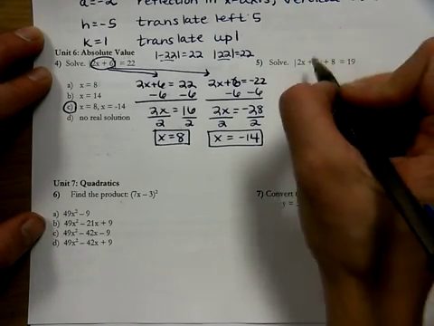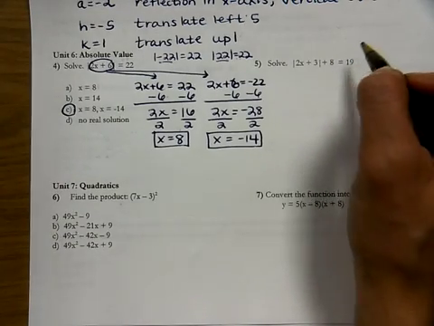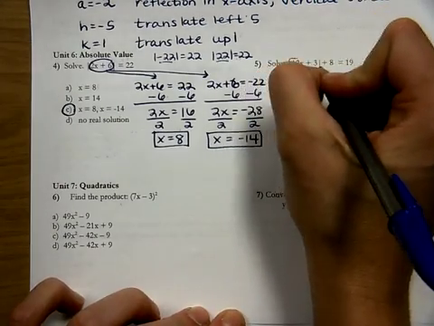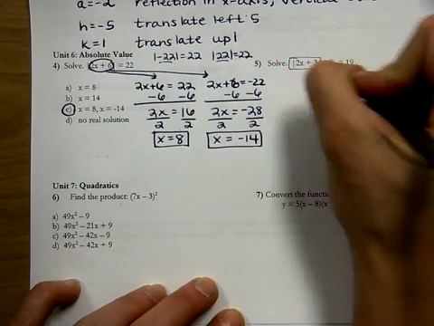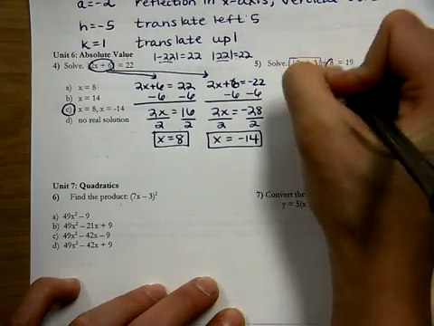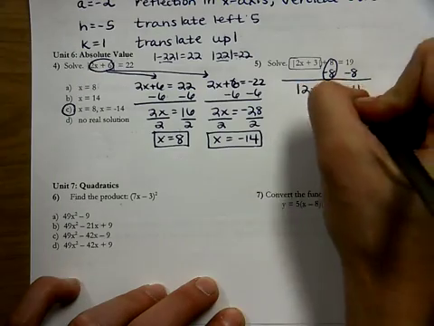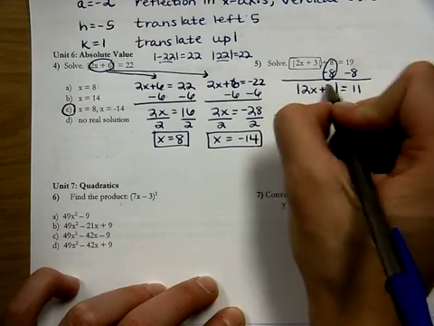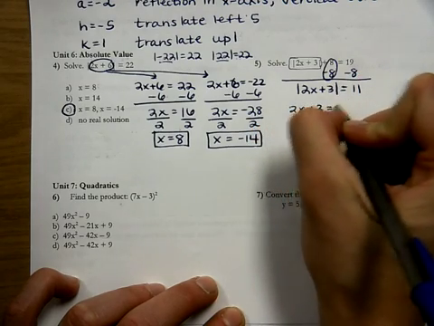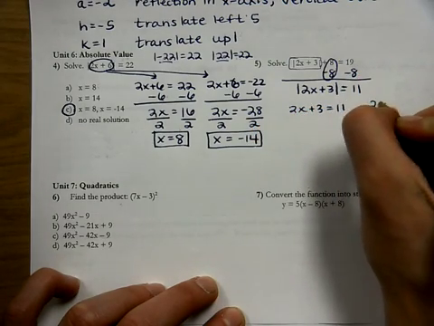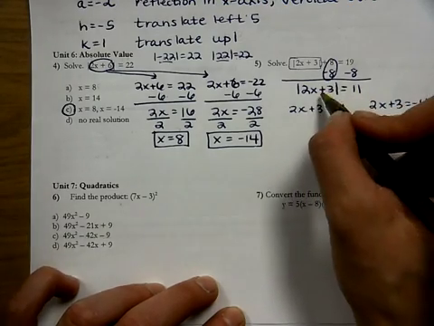I have another absolute value equation. This time the absolute value is not set equal to a number yet, meaning it's not isolated. So I have to first isolate the absolute value bars before I can do the same analysis I did in number 4. To do that, I subtract 8 from both sides. Those add to be 0, so I'm left with absolute value of 2x plus 3 is equal to 11. Now I'm taking the absolute value and I equal 11. That means what's on the inside is either equal to 11, because the absolute value of 11 is 11, or what's on the inside is equal to negative 11, because I could be taking the absolute value of negative 11